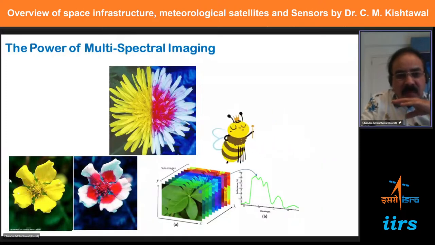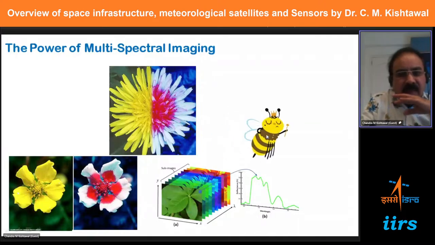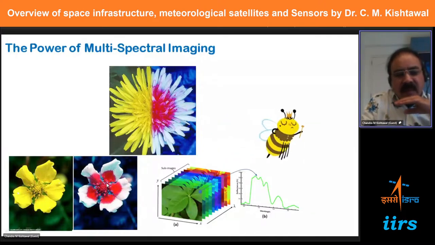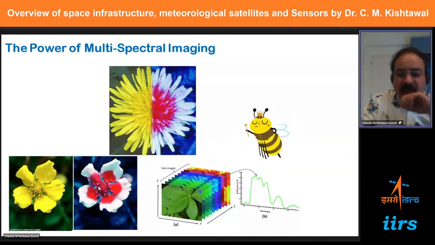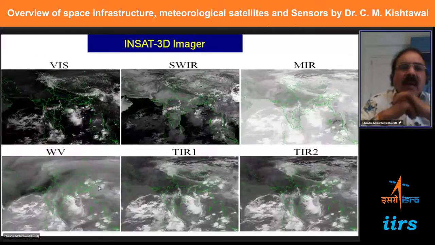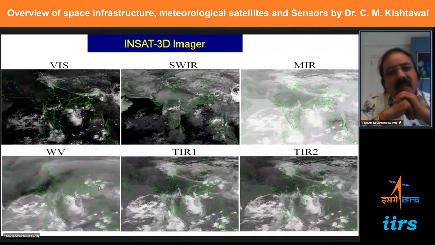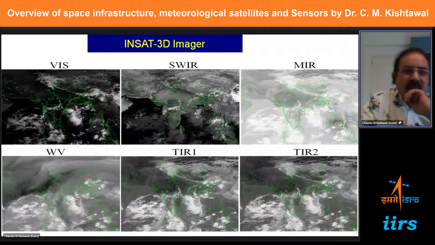So what you and I see in a flower, and what a bee sees in a flower, is quite a different thing. It gets information for its own purpose. Similarly, we can get information for our own purpose from different channels. So why do we require different channels? What we get from the visible channel and what we get from the shortwave infrared channel is quite